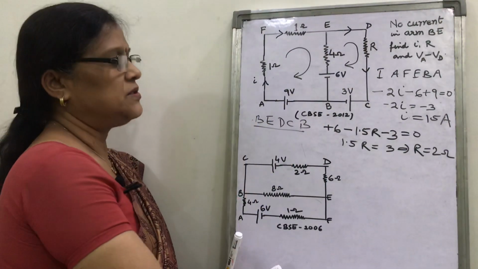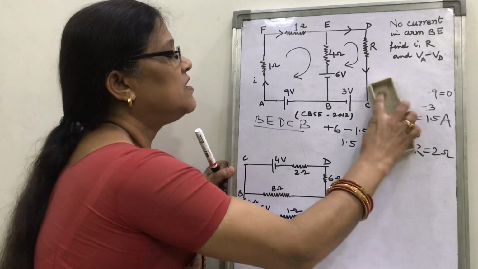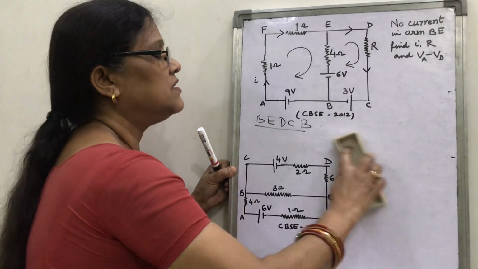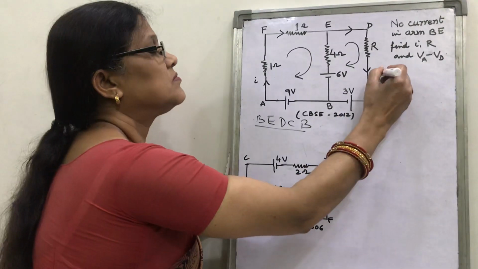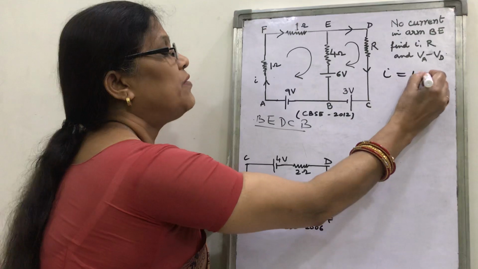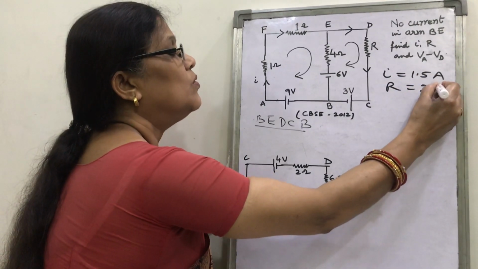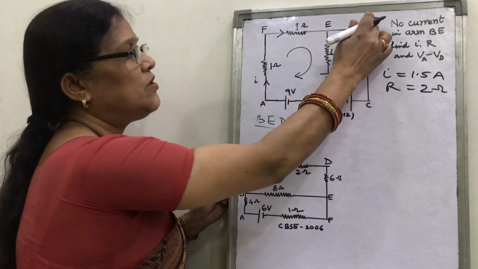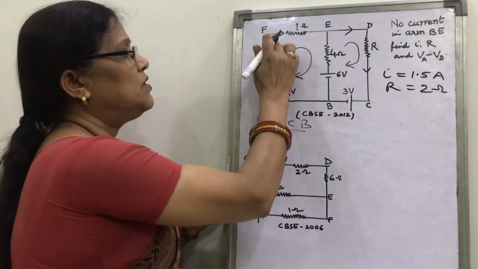There are 3 paths. So if we have calculated the value of current and resistance, as current I equal to 1.5 ampere and R equal to 2 ohm. Now suppose we calculate the VA minus VD through the path